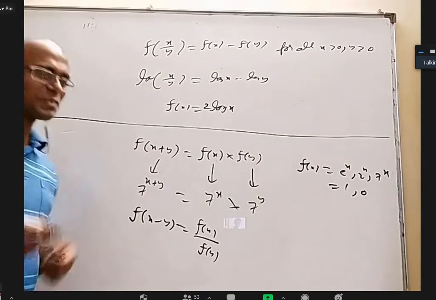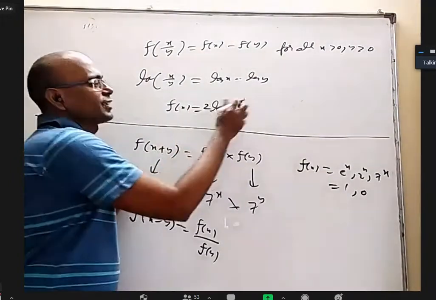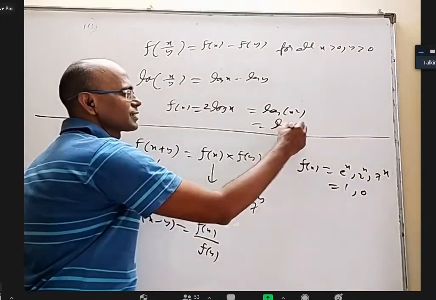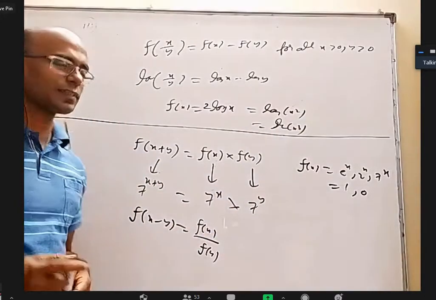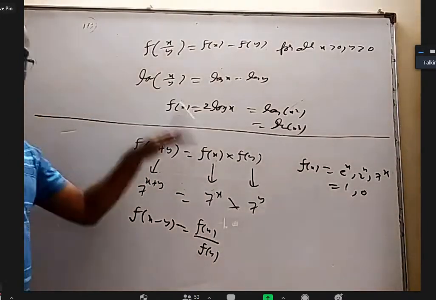You may say I would have said log x, but you said square, cube. Yeah, you can make the square inside. Instead of 2 log x, you can say log x square. Instead of 3 log x, you can say log x cube. Yes, log x square, log x cube, log 1 by x. They also will satisfy this. Okay. So we are able to guess.